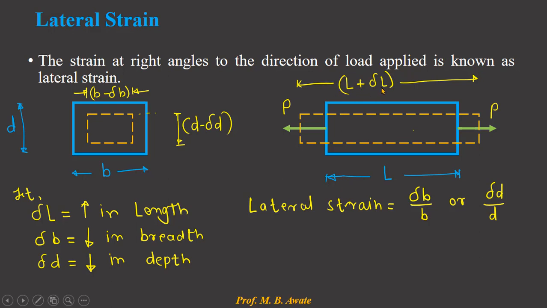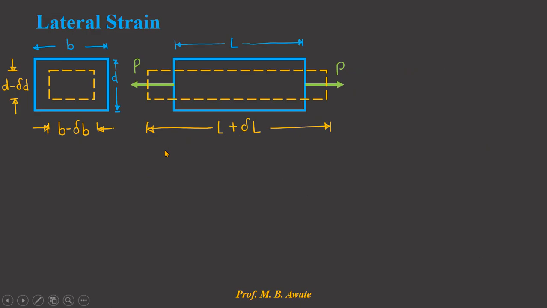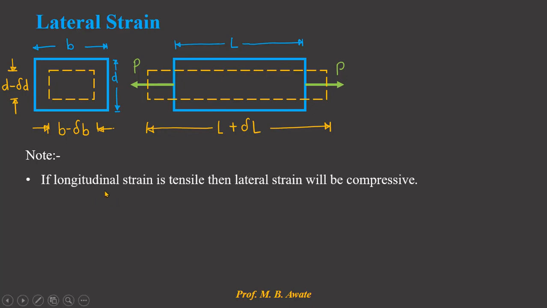So you can observe here, as the length increases, the cross section decreases. So the length change is linear strain, and the cross-sectional change is lateral strain. If linear strain is positive, then lateral strains are negative. If the linear dimensions are increasing, then the cross sectional dimensions are decreasing. Okay, so see here, these are the dimensions we have just studied. So we will just summarize this concept of lateral strain.